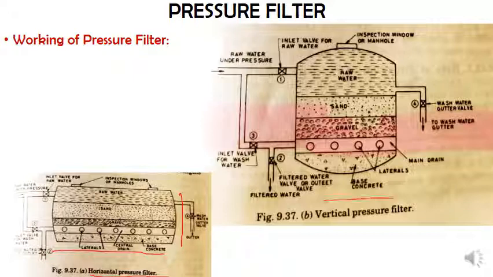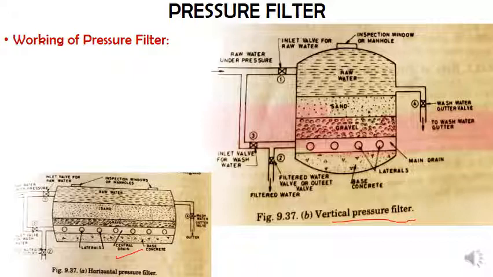Here the width is less, and the height or depth is more, so you call it a vertical pressure filter. As I told you, sand, gravel, under drainage system. Here also sand, gravel, under drainage system. So these are arranged in a vertical position only. The inlet will again be from the top, and the effluent will be taken from the bottom in both cases. Okay. Now let us understand once again what each of these means. We'll just concentrate on this vertical pressure filter. The same thing is applicable for the horizontal pressure filter.